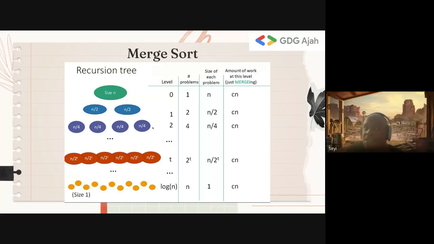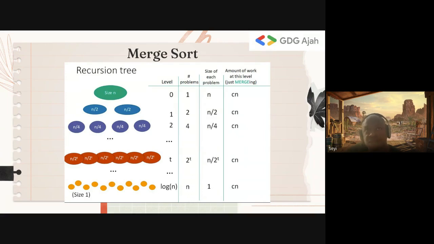And if we look at the work we are doing in the upper place too, we are doing n over 2 work plus n over 2 work, which is the O of n. So we are doing O of n work across all levels. The question now is, how many levels do I have? I'm going to have log n levels because I'm dividing it by 2 each time. That's how we arrive at n log n.